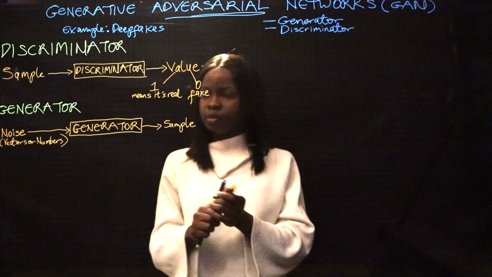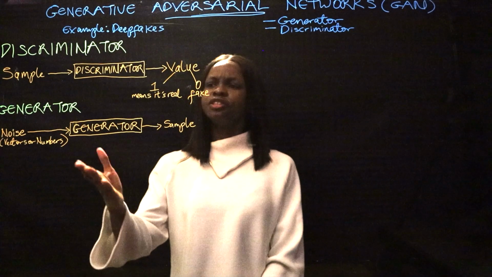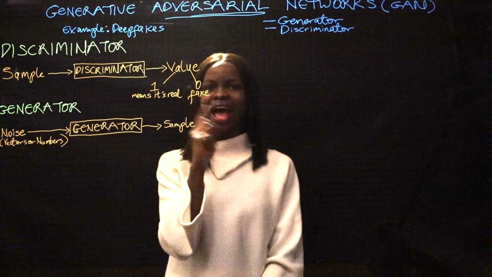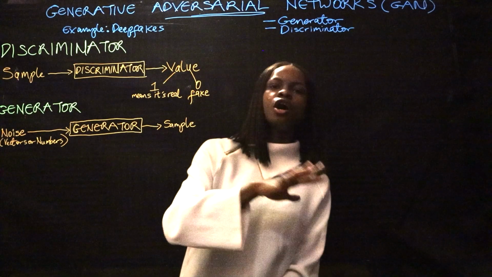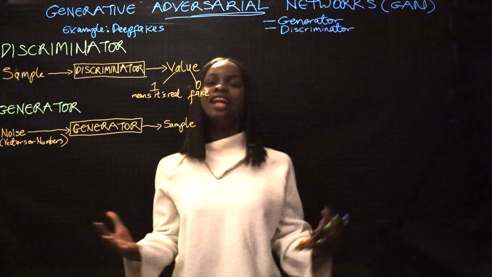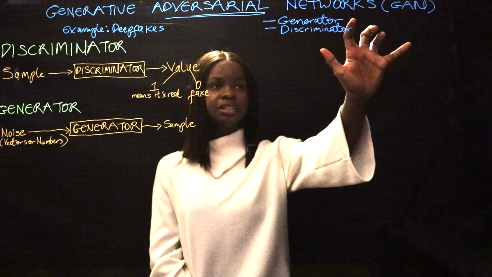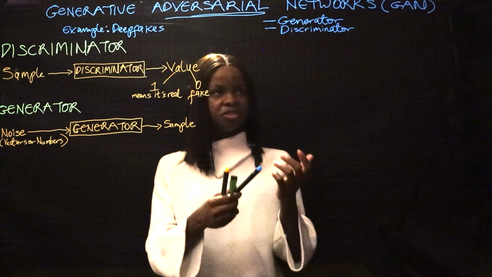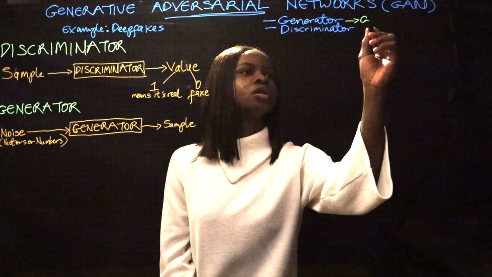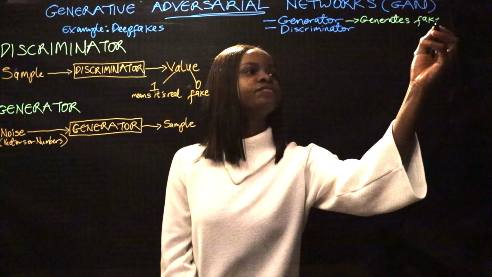So still stay with me. We're going deep now. So now the question is, how is it that the generator is able to generate something similar to the data sets when it hasn't seen it before? So a very common or popular example to explain how generative adversarial networks work is the analogy of a counterfeiting operation. So in this counterfeiting operation, our generator generates the fake. Yes. Our generator generates fake bills,